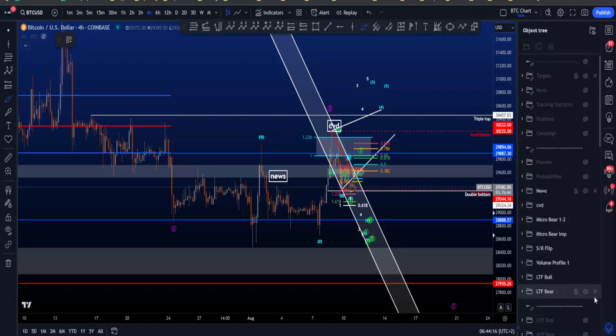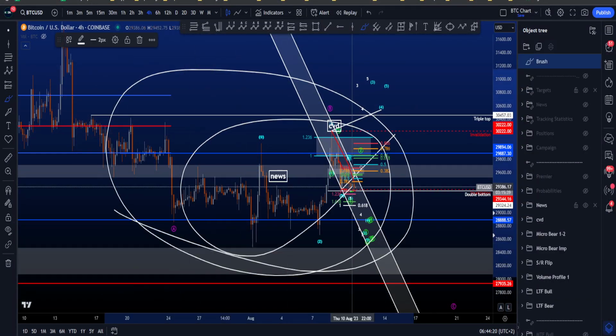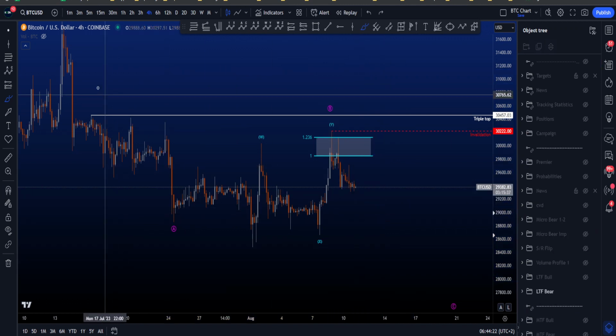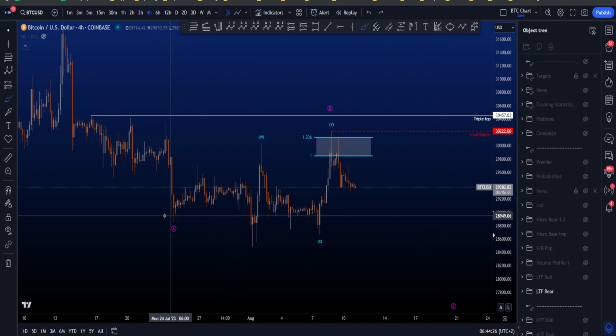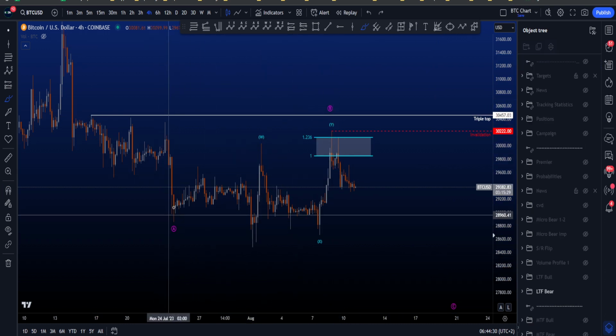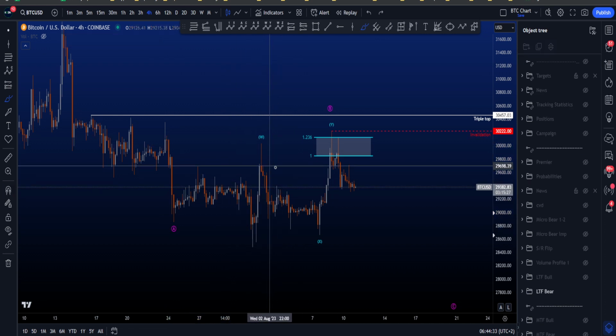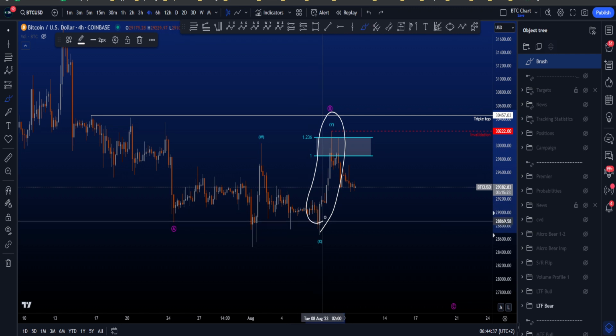Hi everyone, let's go over my low time frame and micro bullish and bearish Elliott Wave scenarios on Bitcoin. Starting with my low time frame bearish scenario, where we're looking for an ABC zigzag, a 5-3-5 to the downside, where wave B is finished in a very nice WXY. Wave W being an expanding flat, wave X can be any corrective structure, and wave Y being a zigzag, where